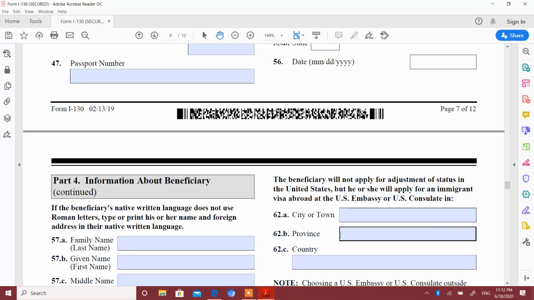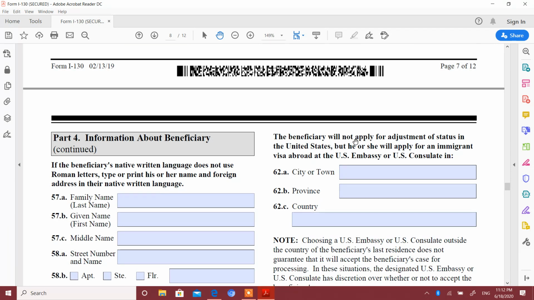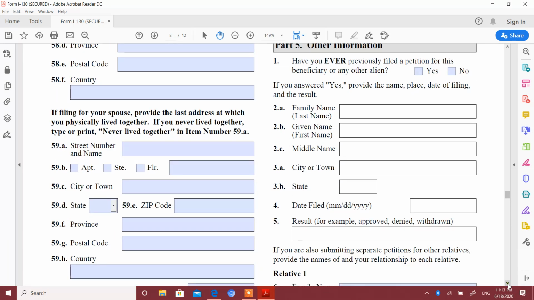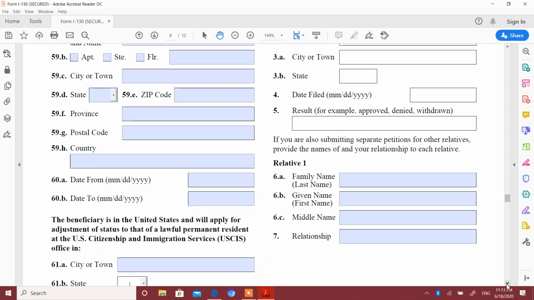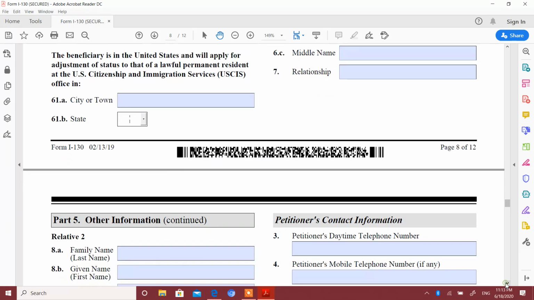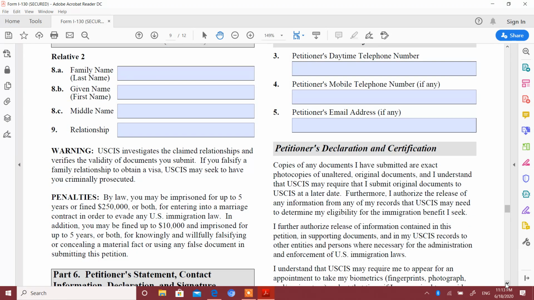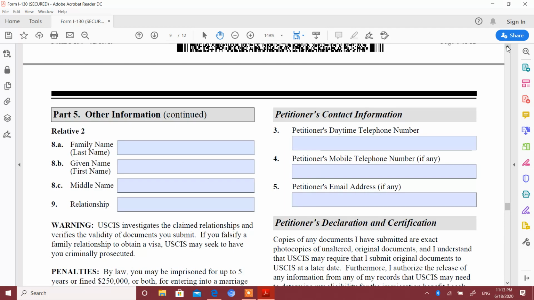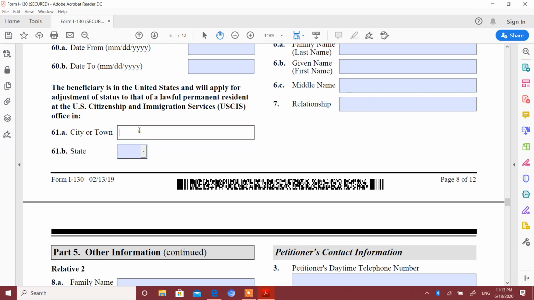And here, city or town and state. The other option says the beneficiary will not apply for adjustment of status in the United States, but he or she will apply for an immigrant visa abroad. My wife is already in the US and is trying to get her green card documents wrapped up, so she is applying for I-485 adjustment of status inside the United States. We live in California and we send our documents to